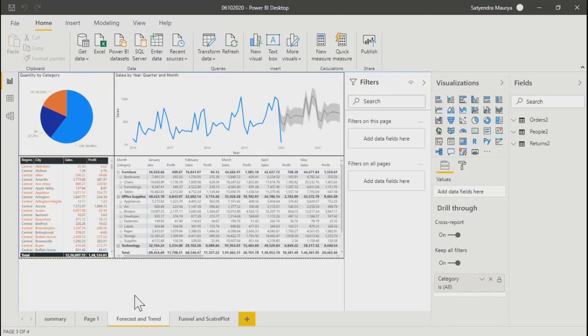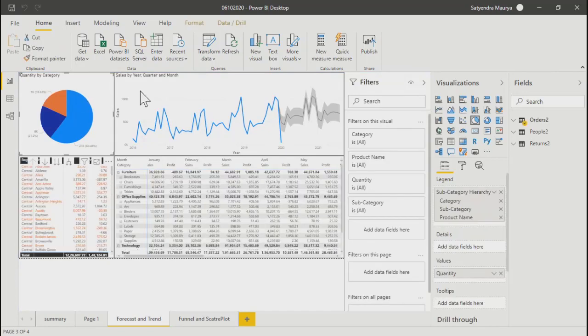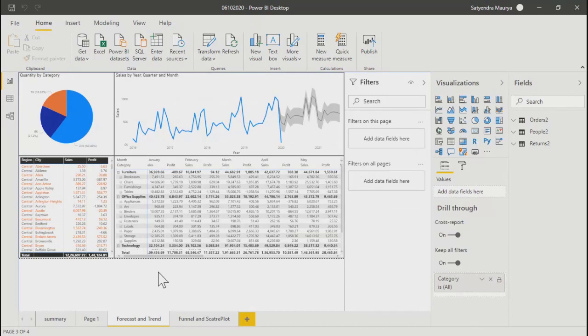The filters on an individual visual are there only for that visual. But the other two categories are filters on this page and filters on all pages, which means if you drag anything here, that will be applicable to all these four objects.